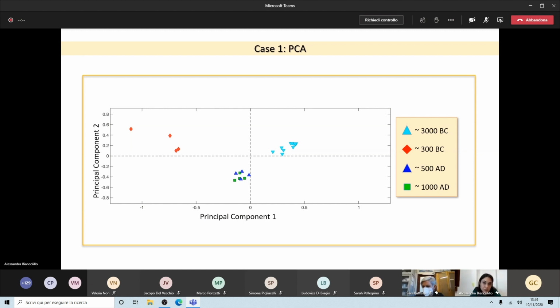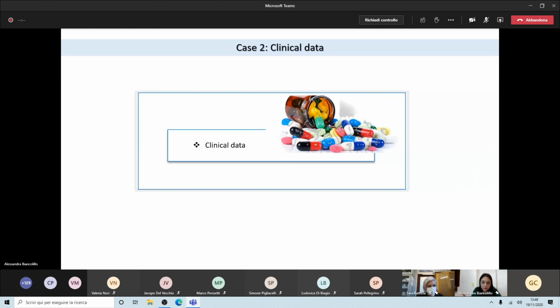So in this case, using principal component analysis, which is an explorative method and not a classification method, we can just give a tentative idea of what is the age of the sample. So now we can discuss the second example, where we will see a bit better how classification can help us.